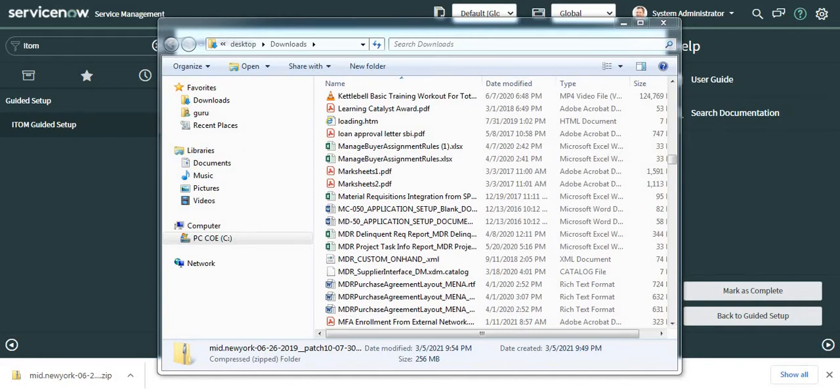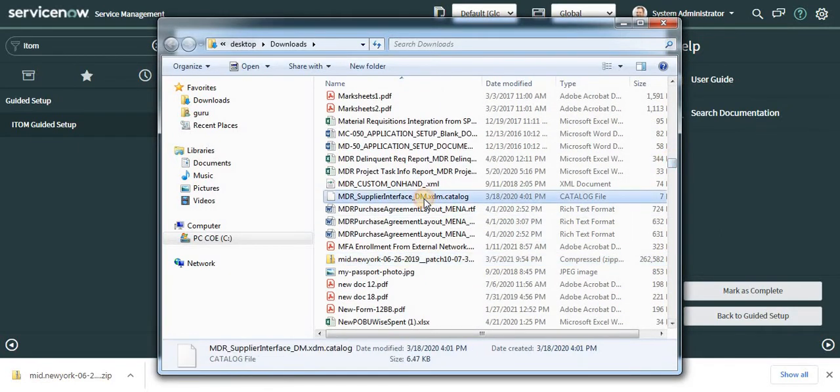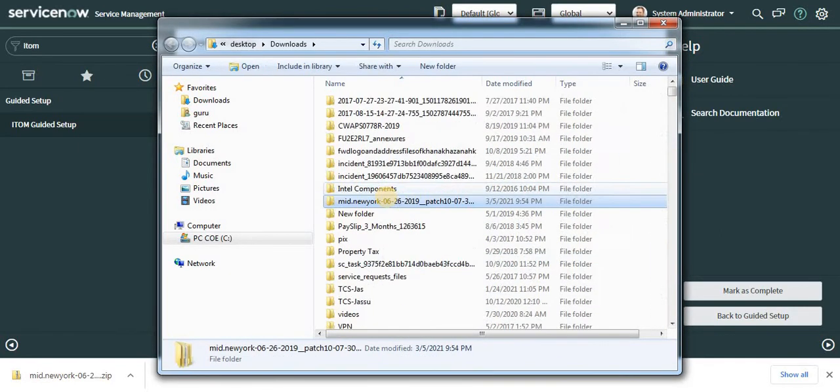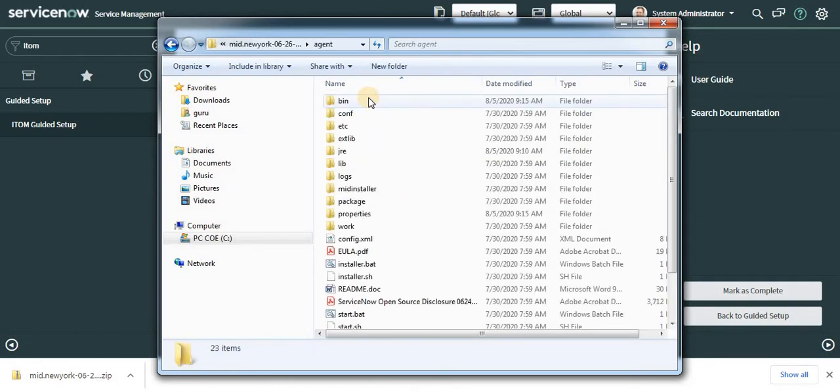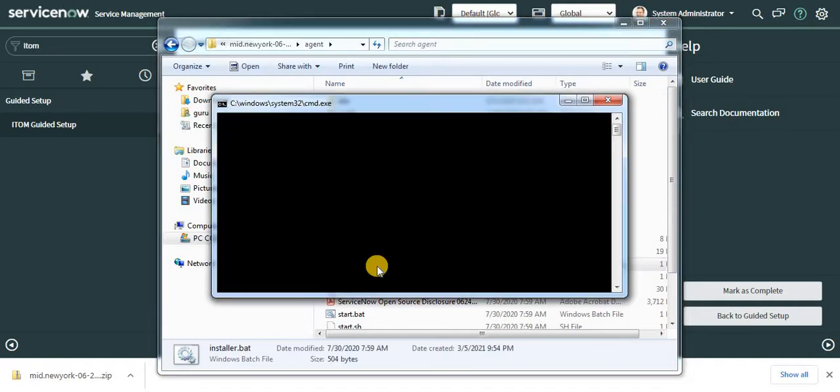Once it is extracted, let's go into this folder. We'll go to agent and then I will double click on installer.bat. It might take a while.